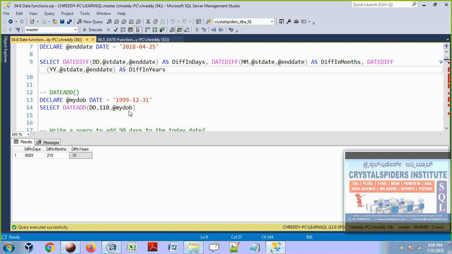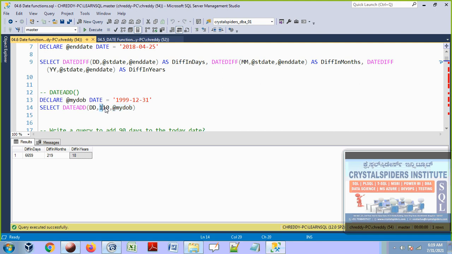So this is what guys, and now we are going to see the date add function. Here this is my date of birth. In date add, we are adding days, 110 days, to the variable @myDOB.